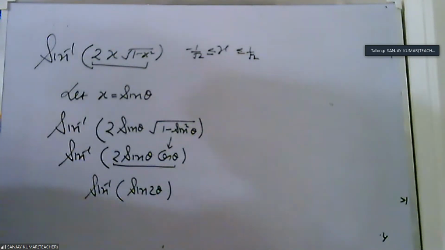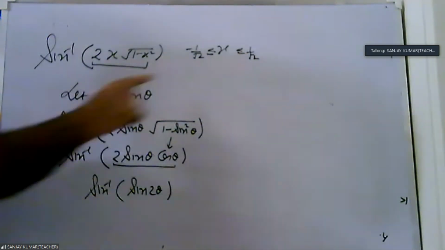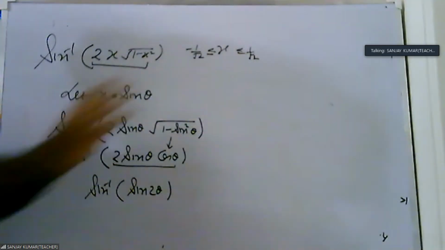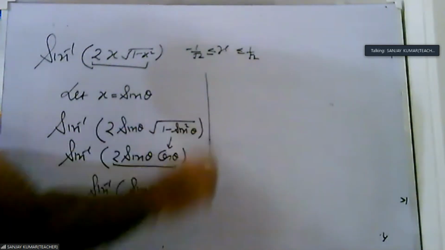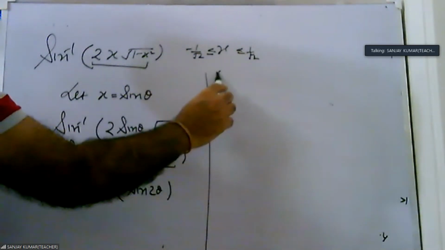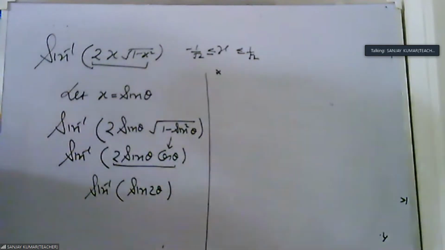In NCERT or RD or any other books, there are no such questions. Only in exemplar are one or two questions given in which they change this x. This x is always given in this domain. They never create the problem. But how do we see this? What I am doing here is rough work. You do not need to do it. This is only rough work. We do it only in this question, and I will not do it in any further question. Okay, now what do we have?